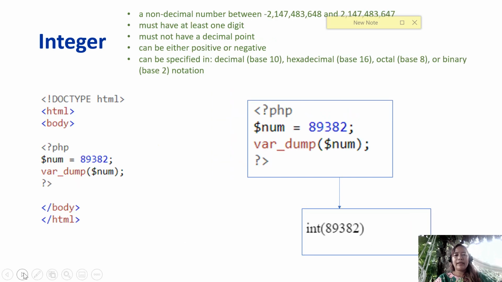Right, so let's move on to the next one, which is integer. In PHP, as with any other programming language, you have a scope, or a minimum and a maximum value. In PHP, an integer is a non-decimal number, meaning it has no decimal point. It's a whole number, and that is between negative